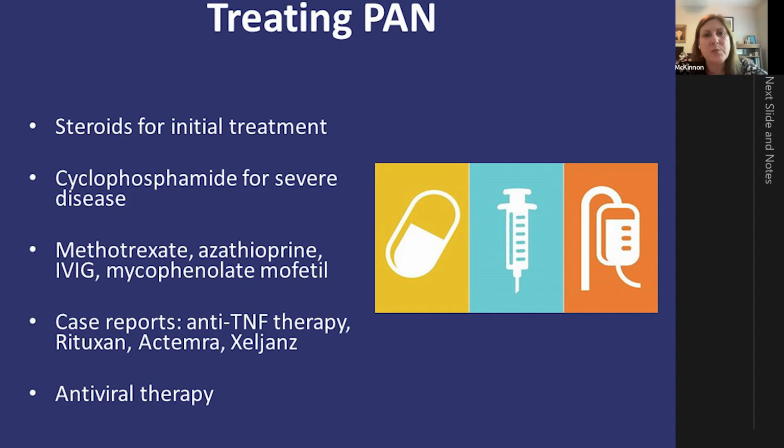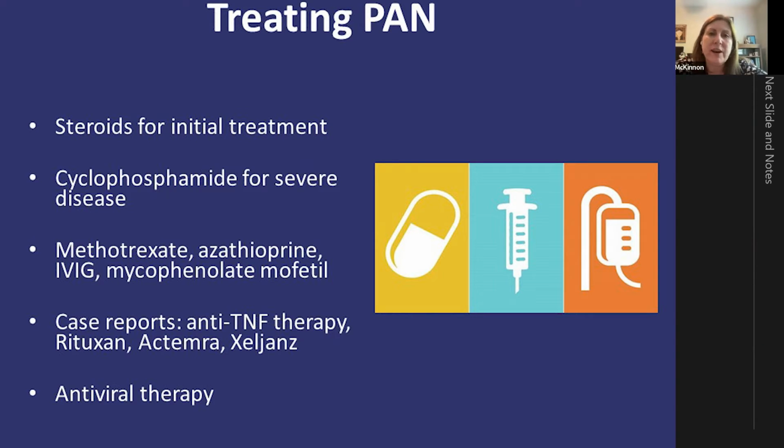And as I alluded to at the beginning, the rare diseases rarely have very many FDA-approved drugs for their treatment. So we borrow drugs from other conditions, other subspecialties, chemotherapeutic drugs primarily. And most people get steroids at the beginning. Steroids control inflammation very quickly. Controlling inflammation is the key to controlling damage, minimizing scarring, protecting organs and tissues.